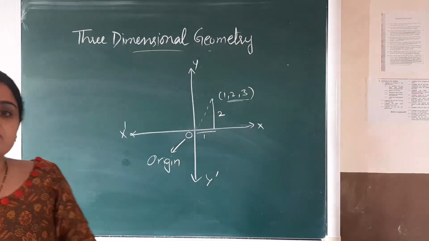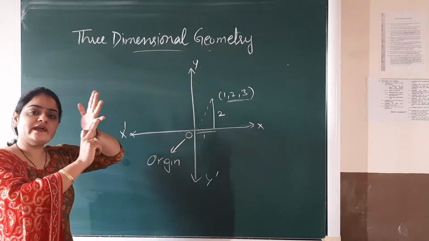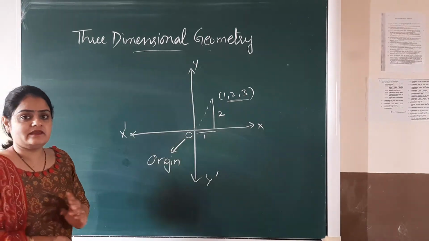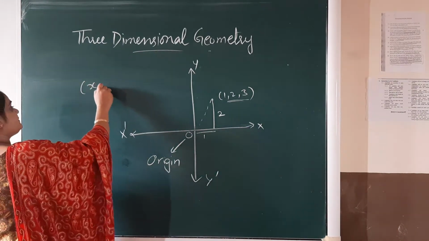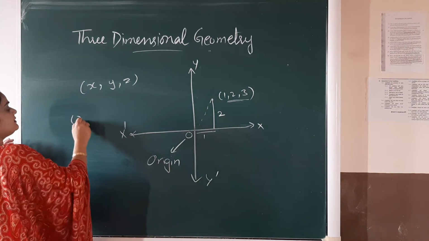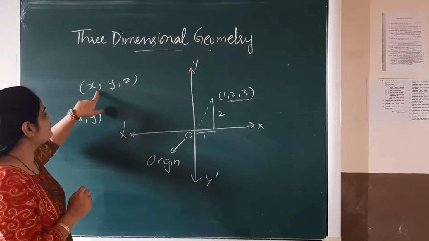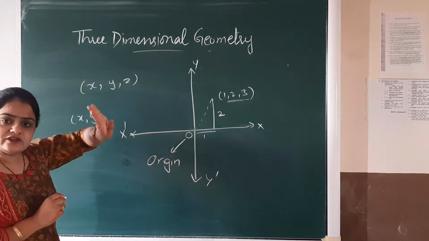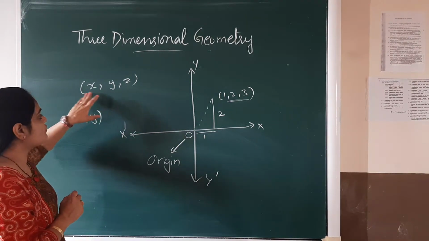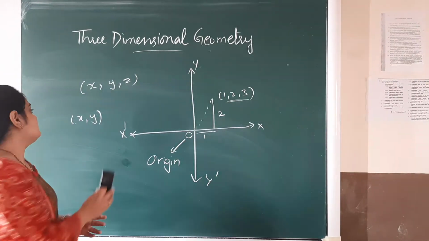So that means whenever one point is in this space, with the x-axis, y-axis and z-axis, its coordinates are x, y, z. Before that you did a point x, y like this. But now the point will be in the form of x, y, z. Now there are three axes, so of course we are having three coordinates x, y, z. Hope the point formation is clear.